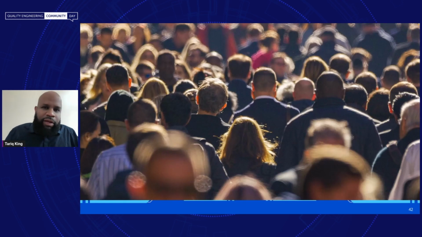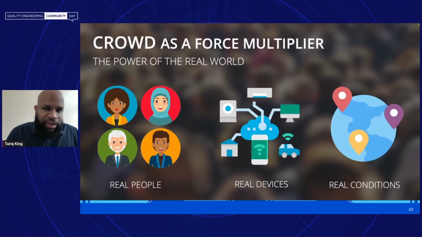All right. And then from a quality perspective, I couldn't do this without talking about the crowd, right? So one of the key things in software testing and quality that we're always trying to do as testers is mimic what the end user might do, right? We're trying to simulate that, or somehow put on our hats to think like them and act like them. But it becomes hard. But if you have access to the real world, why not leverage the real world for testing, right? And so thinking about that crowd as a force multiplier, where you have access to real people,